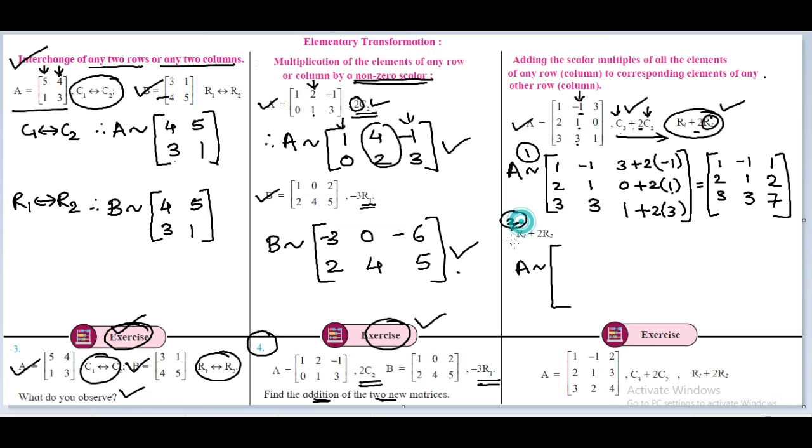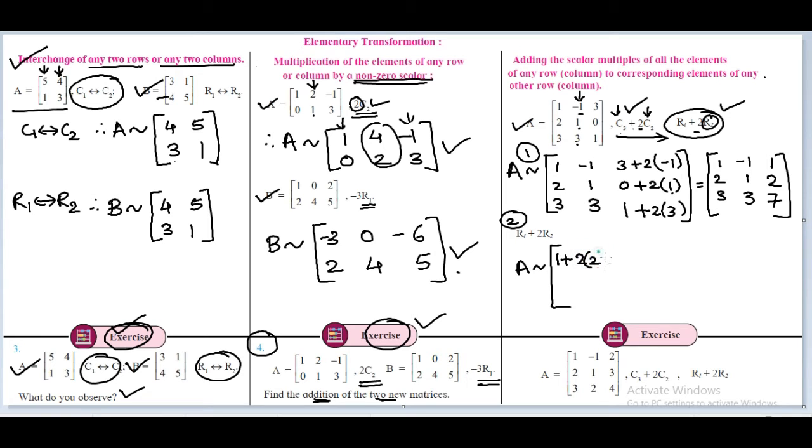Now what is the first element over here? Sorry, not element. We can say row or column. So what is the first row over here? That is R1. So changes will happen in row 1. Okay. Now if changes are going to happen in the row 1, what are those changes? Now the changes are R1. What is the first element of row 1? That is 1. Okay. Plus 2 into what is the first element of row 2?